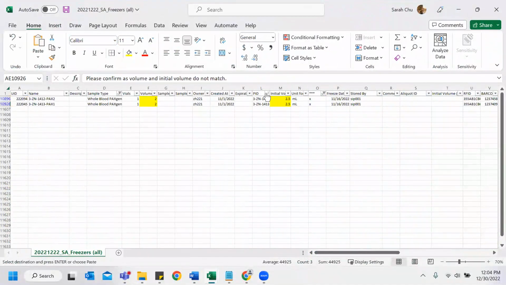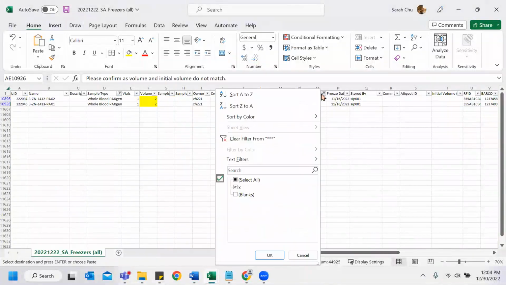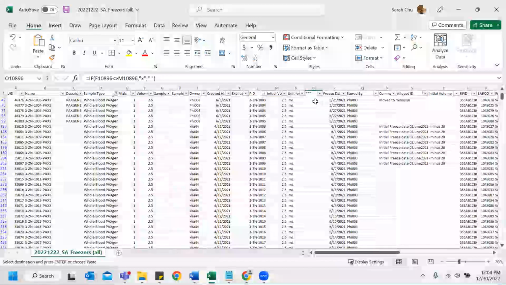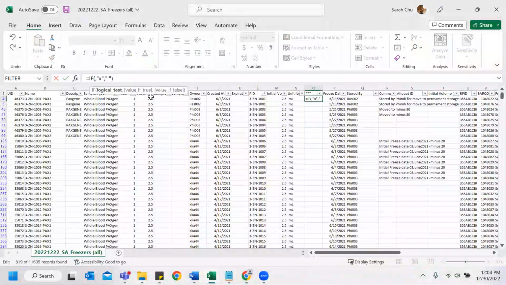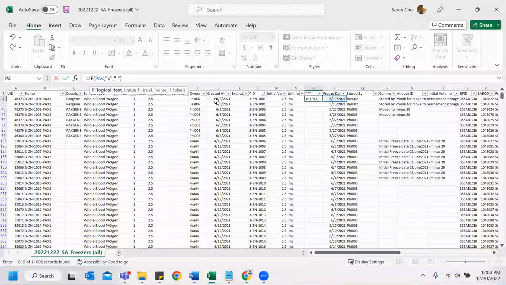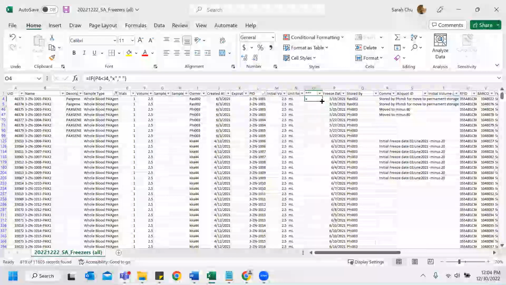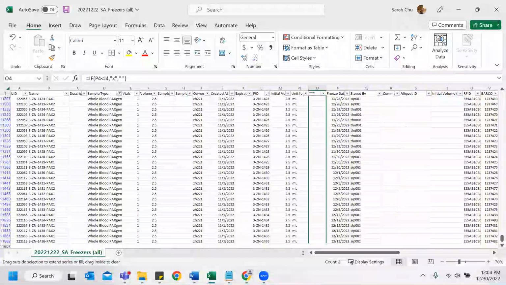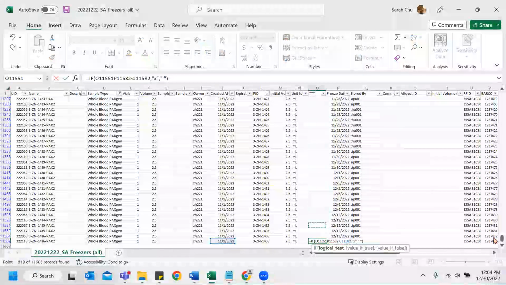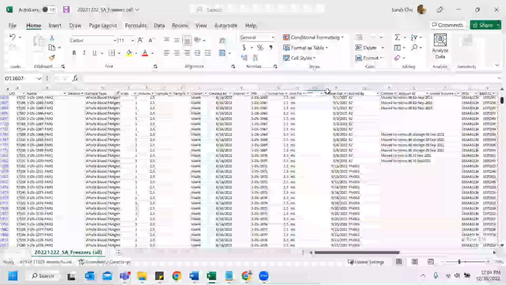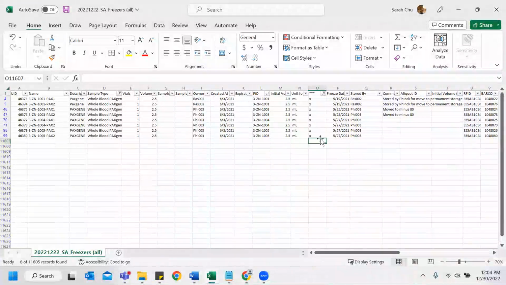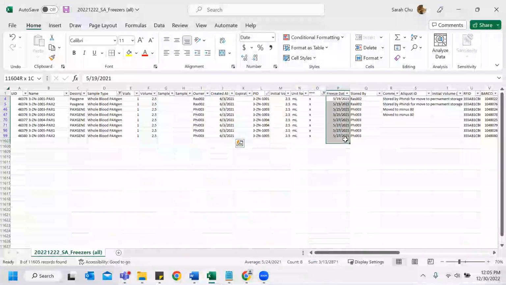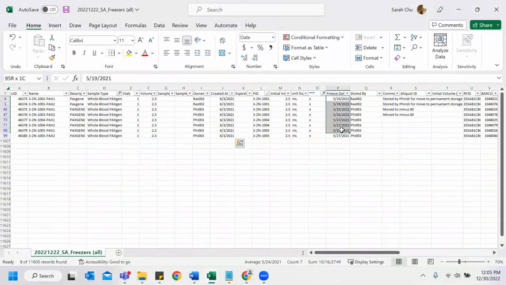And then be sure to check here and date. Freeze date is less. I'm not sure why. Okay, so it's inputted properly. And then go up and do the same thing, filter for X's. And these all have freeze dates before creation dates, which doesn't make sense at all because you should have a sample created before you freeze it. So what I'm going to do is highlight this,